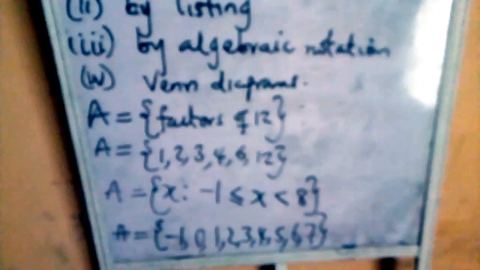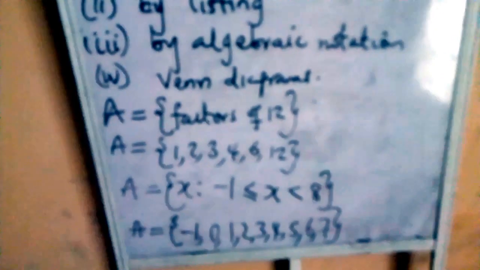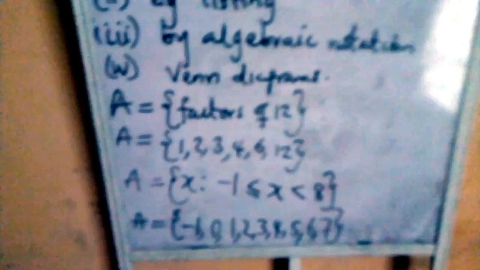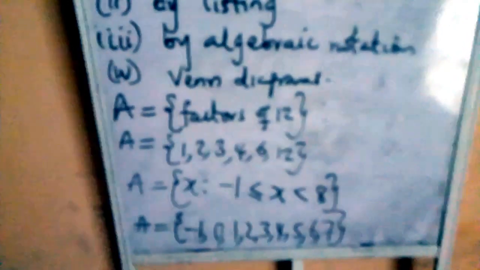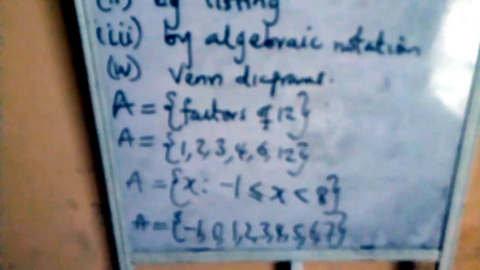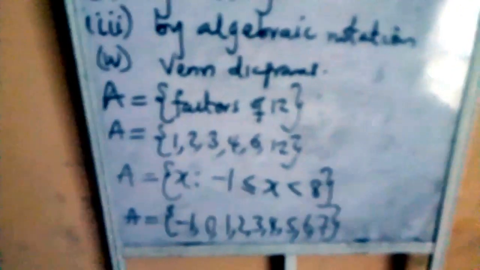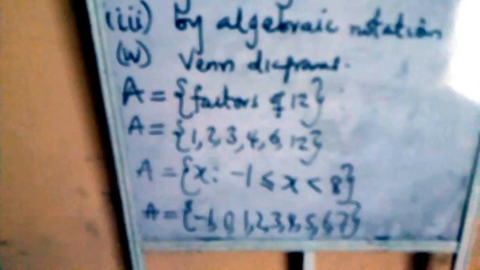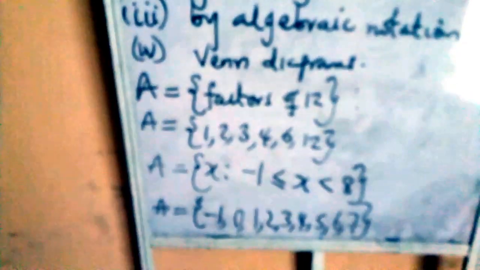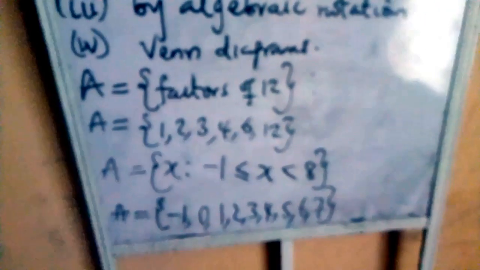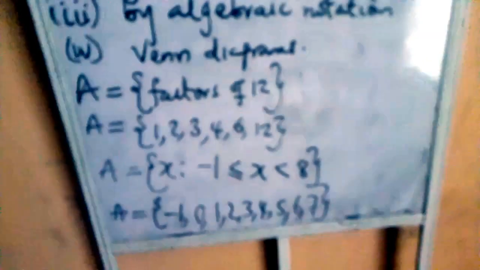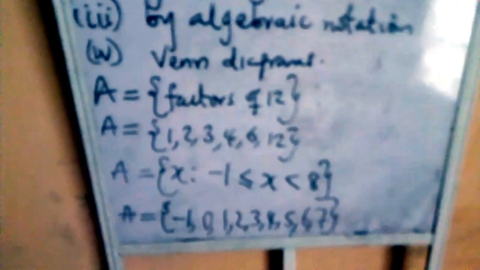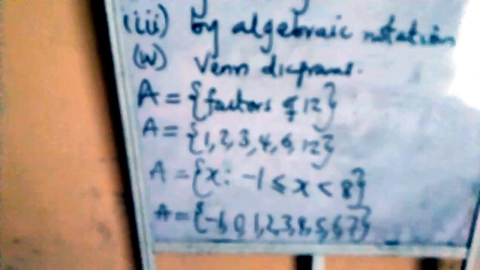It's telling you that the range of x is from -1, and -1 is inclusive in the range, and it stops at lesser than 8, which is 7. So if you are listing out the elements of the set, you start from -1 and increase the element up to 7. So these are the ways you can actually